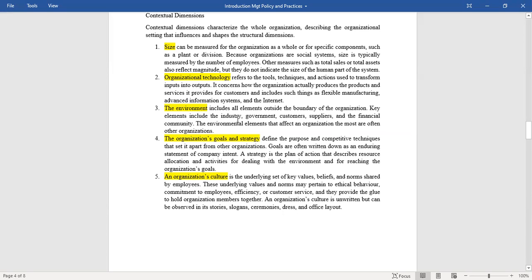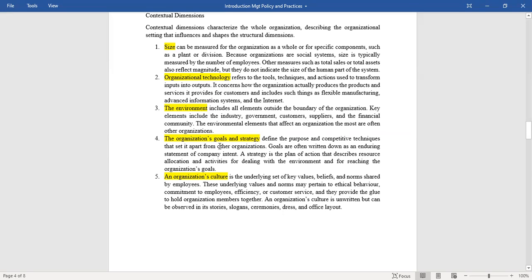So, the industry, the government, the customers, suppliers, and the financial community. They become all part of the environment. So as you can see from here, it is the economic, social, and political conditions in which the organization is operating. It has an impact on the way these